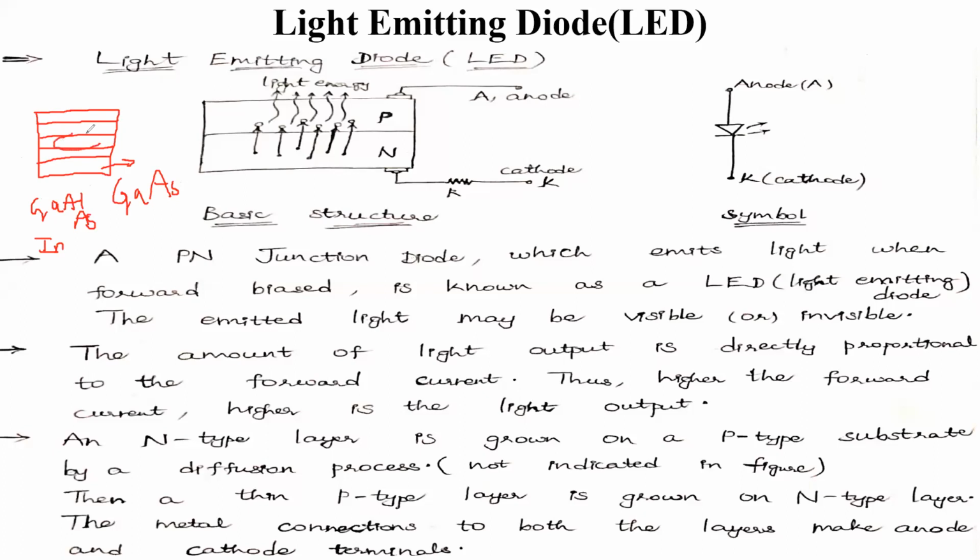From this active region, light is going to be emitted. At the center of these, these two layers are contact layers. These two layers are confinement layers, and the middle layer is the active layer. From this active layer, recombination of electrons and holes will take place. Due to that recombination, I'm going to obtain some light energy.